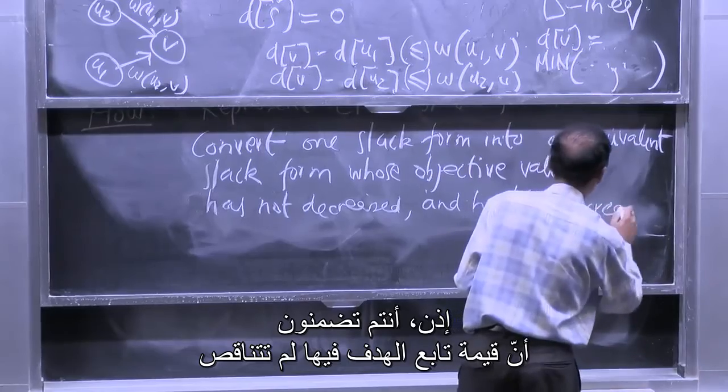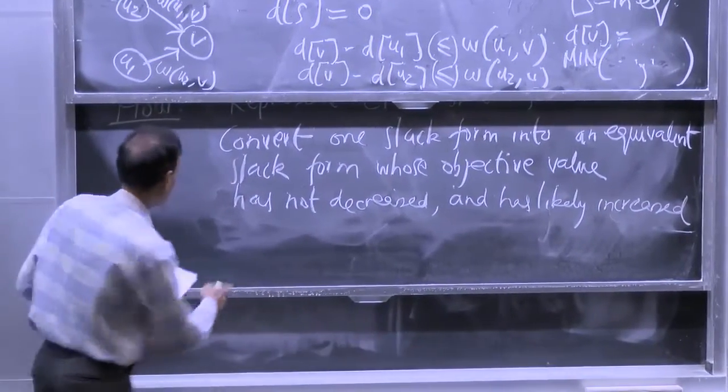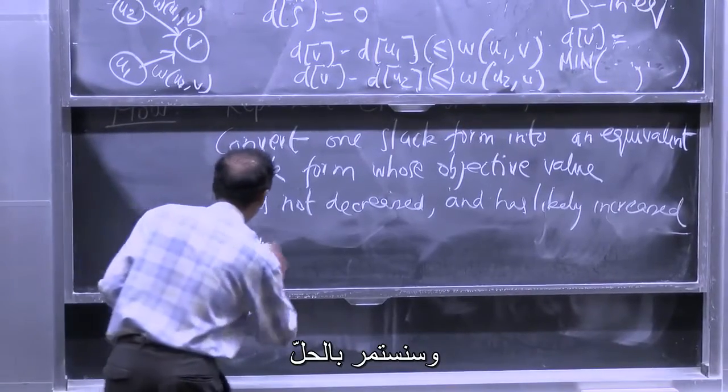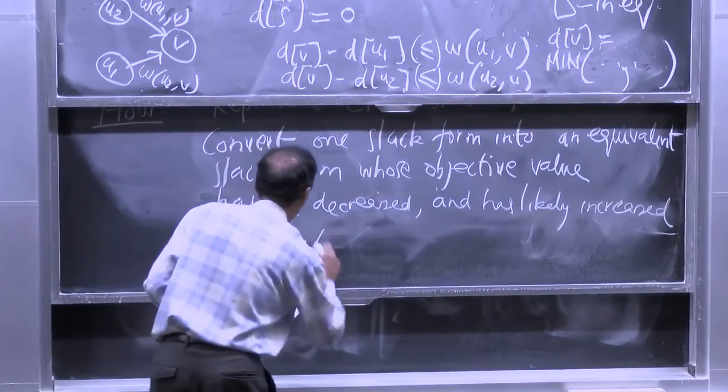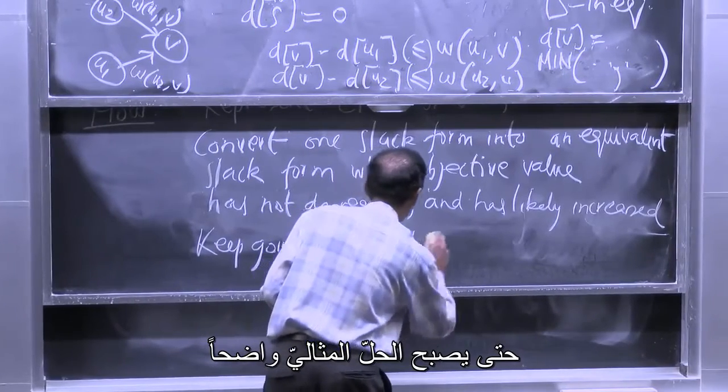So you're guaranteed that the objective value has not decreased. You're not guaranteed that it's increased. And then we're going to keep going till the optimal solution